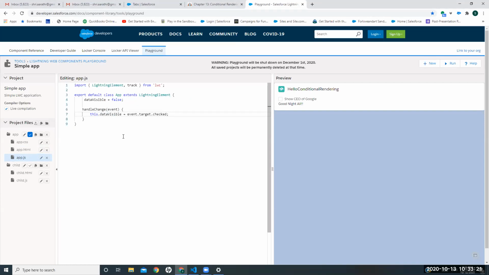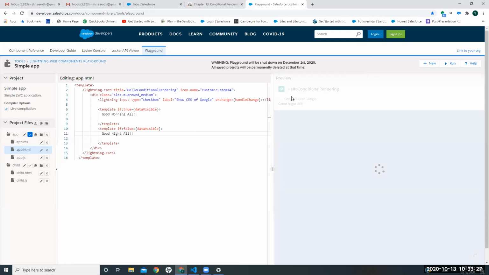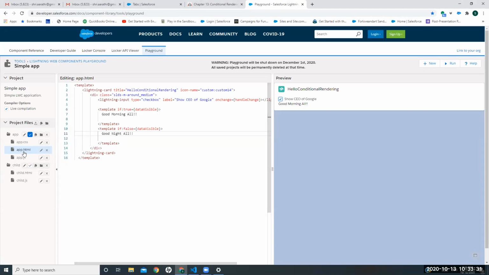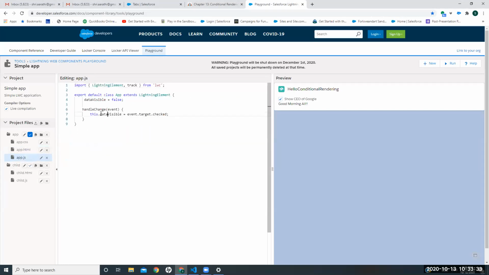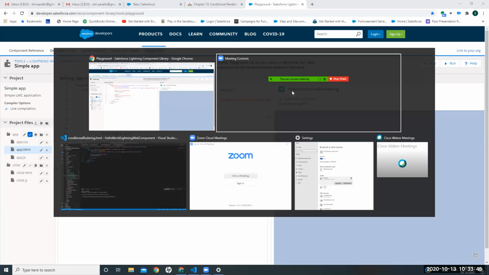Sorry, data is. I think now it will come. Oh yeah, it's coming now. Okay, I mentioned this variable name wrong. Okay, now good night, false, good morning, true. Okay, thank you. I got it. Can you stop share? Yeah, I'm doing.